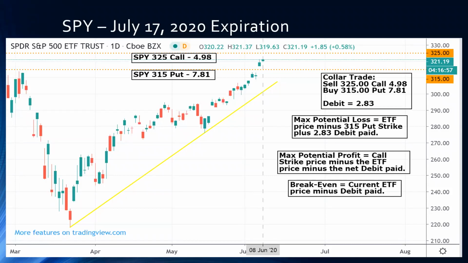Now remember, there's the S&P 500 index, that's the cash, okay? Then you have the futures and the futures options. Now the Spider, the SPY, is the ETF equivalent of the S&P 500. So when you hear the S&P 500 number on the radio or the news, and when they talk about the financial shows and the markets, the Spider would be basically the same thing as the S&P 500.